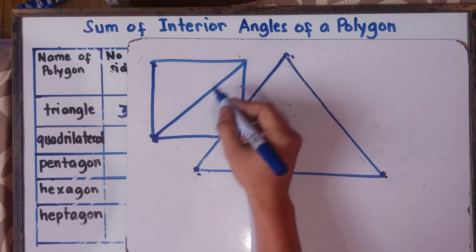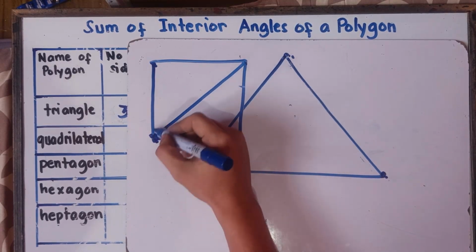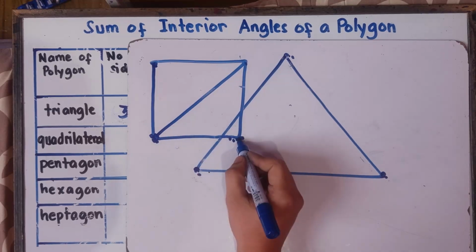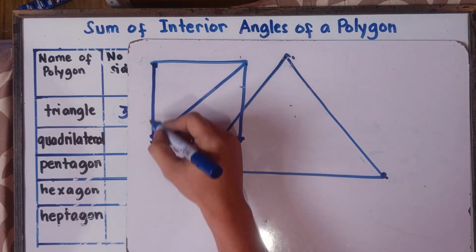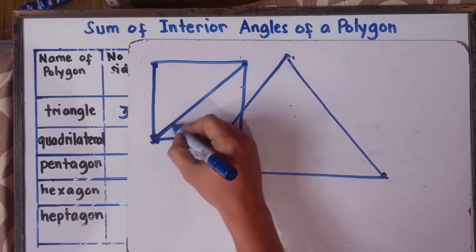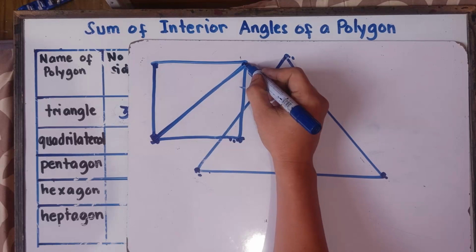Yup, you can draw this one because this is not next to each other. This one right here is next to each other, and this one right here is next to each other. Therefore, you cannot connect these. This is not a diagonal. This is not a diagonal. This one right here, and then this one right here. I hope you understand this one, class.